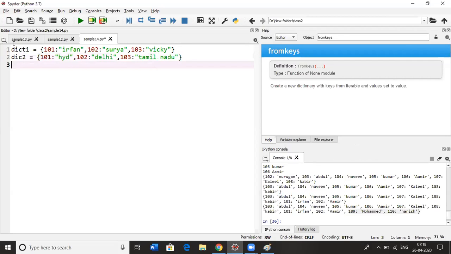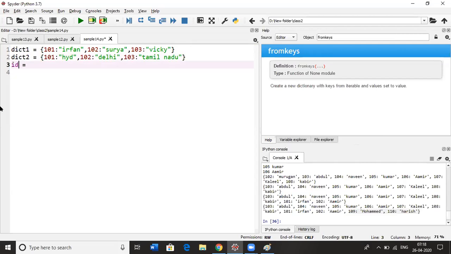So you have two dictionaries here. The first dictionary contains, let's say, customer ID and the customer name, and the second dictionary contains customer ID and where the customer is going to. What I need to do is input an ID from the user.